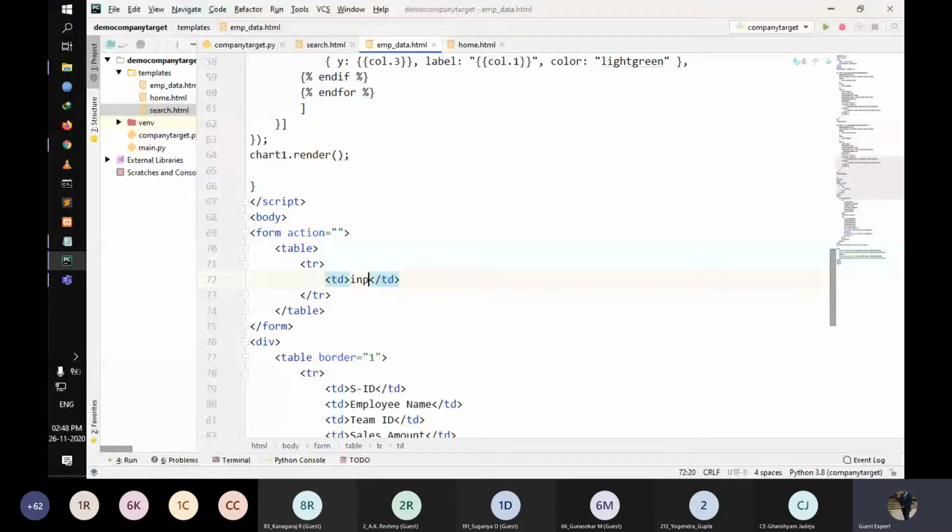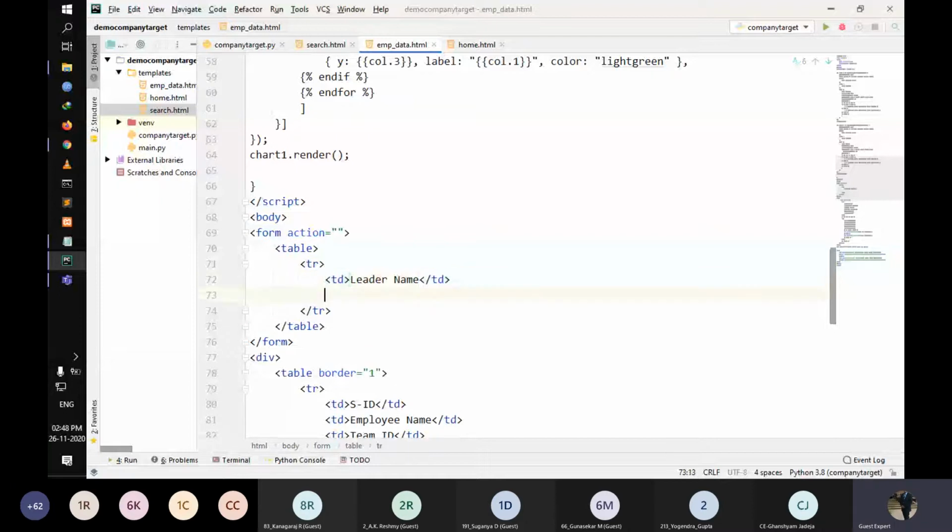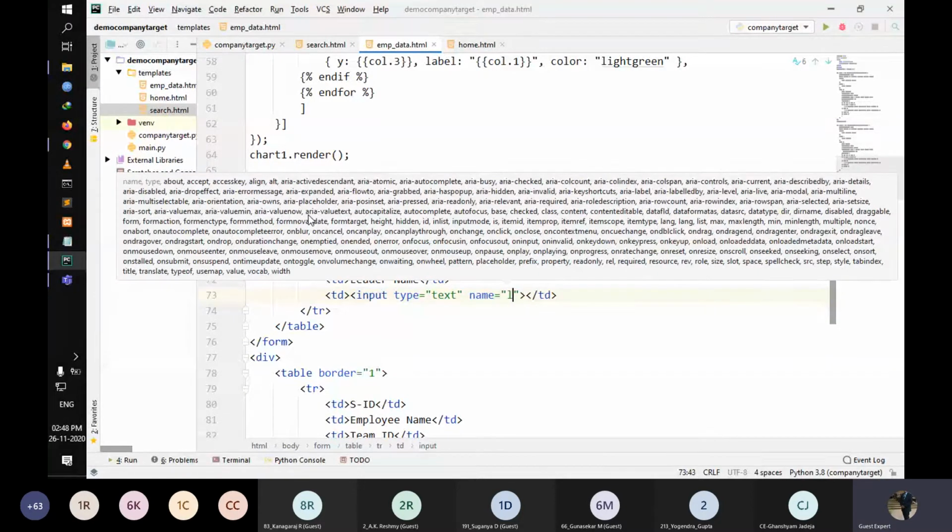Input type hidden, name. Another TD, text, and name. So this is where we have to assign this name.